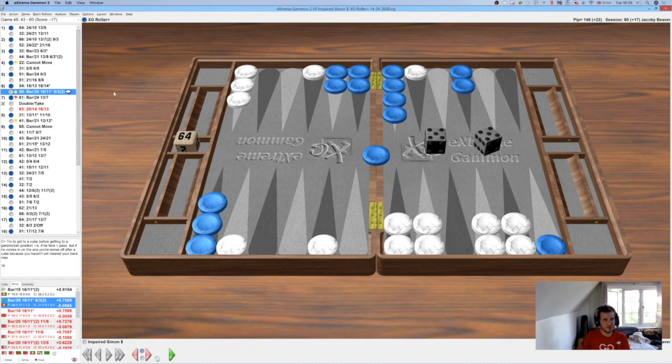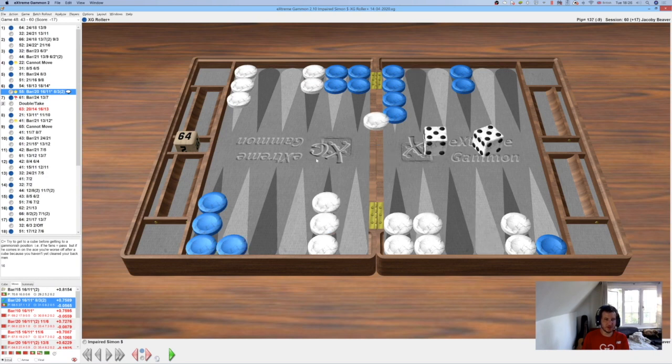In other words, making a play such that after your opponent plays his subsequent dice roll, you will then still have a cube in most sequences. And the initial position is this, and I made the play